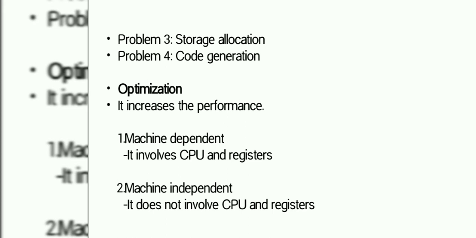Code optimization is a technique to improve the intermediate code by making it consume fewer resources such as CPU and memory, so that faster running machine code will result. There are two types of code optimization. Machine independent optimization: the part of the intermediate code which is transformed here does not involve any CPU, register or absolute memory locations. Machine dependent optimization is done after the target code has been generated and it involves CPU, registers and absolute memory references.